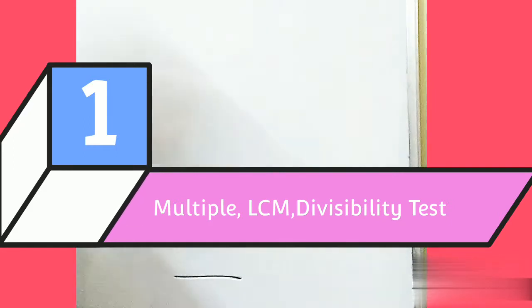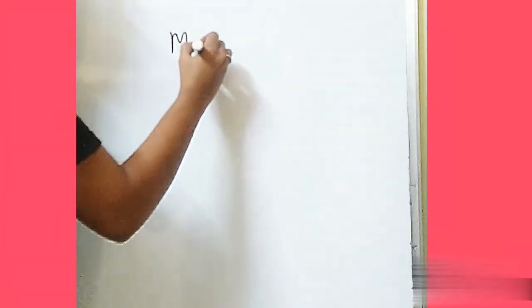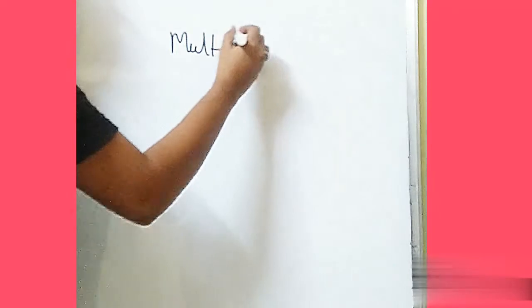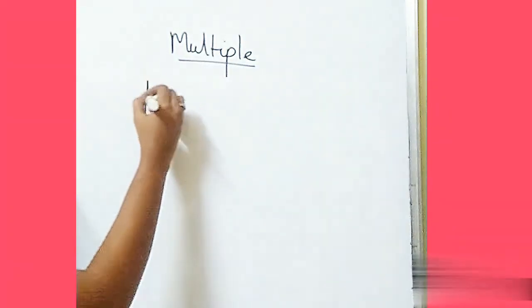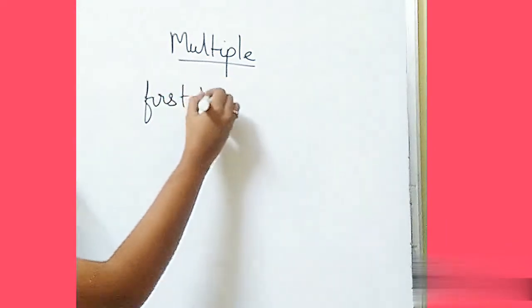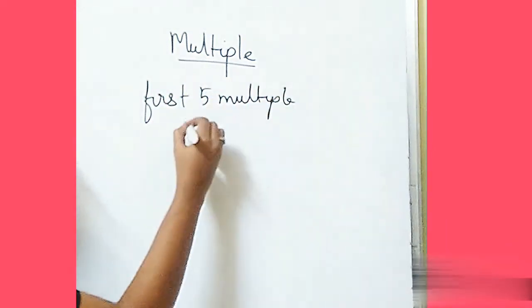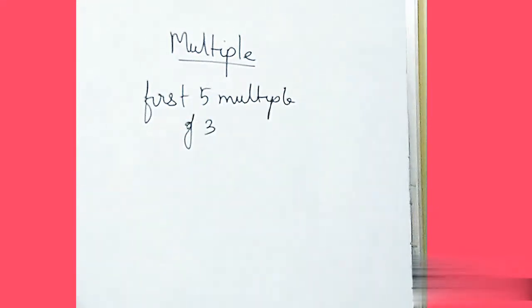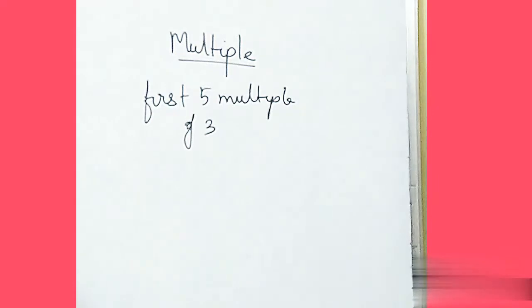We'll start with the multiples. Now, what does multiple mean? Very simple. If I'm saying first 5 multiples of 3, when it states like that, you have to write